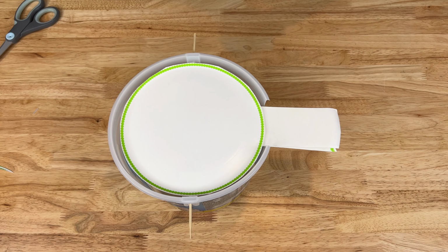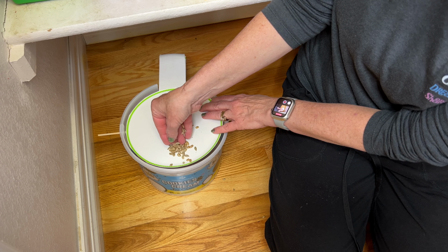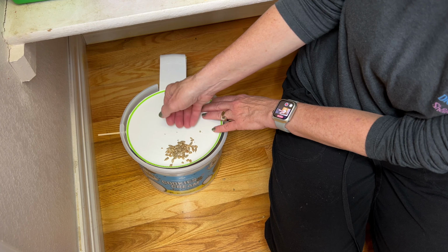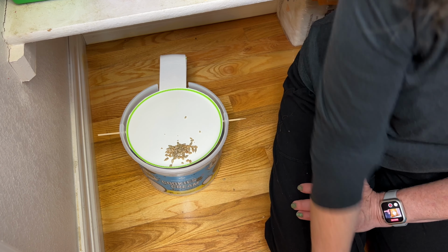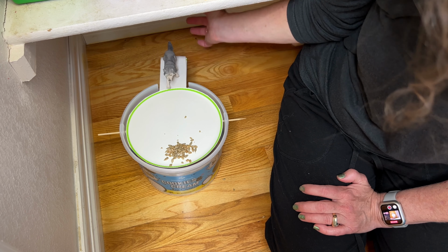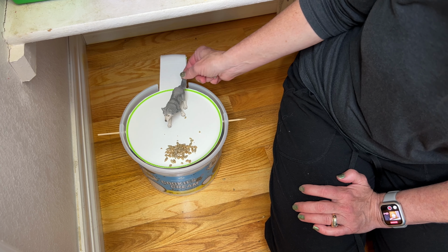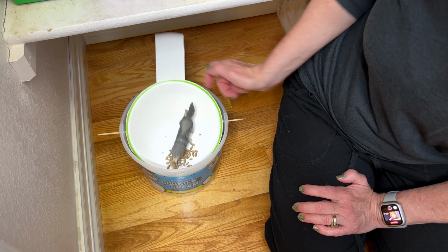Now I'm going to show how this works. I placed it in my pantry and I added some bait. I'm using sunflower seeds, but you could use a bait of your choice. Now I'm going to be using a plastic wolf that is going to symbolize a mouse. The mouse would crawl up into your pantry, it would jump onto the paper plate, and as it moves to the bait to get it, it would fall into the trap, and then the lid would close, keeping the mouse